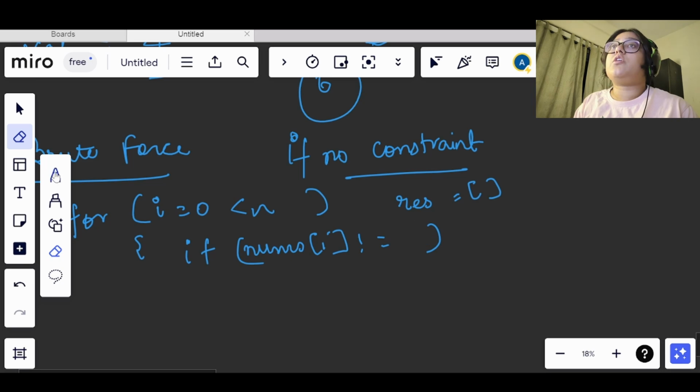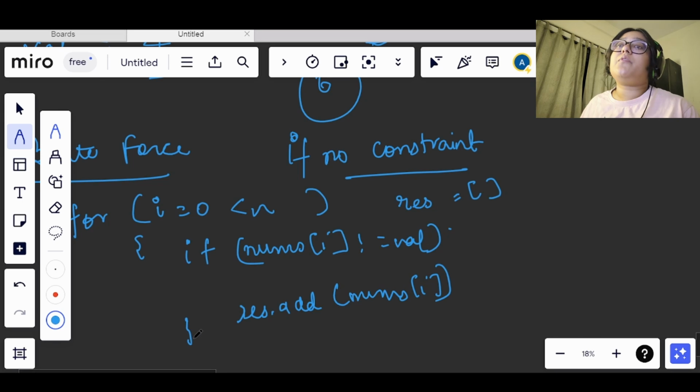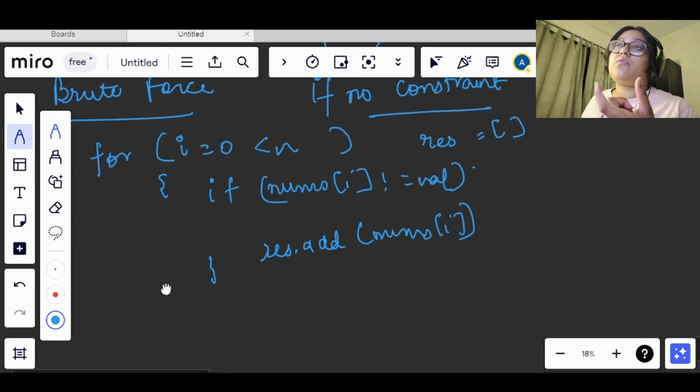So if it is not equal to val, then we will simply append that value to res, right? This will get added here, and then we need to return the count, right?